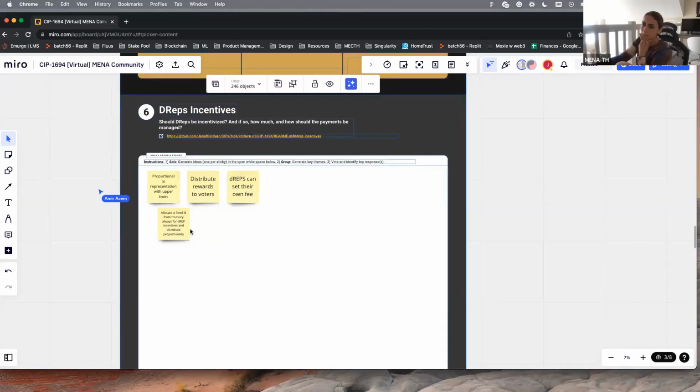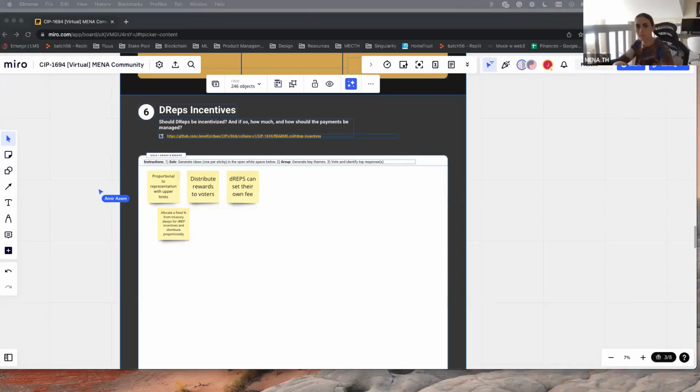How should the payments be managed? I don't know. Yeah, probably from a treasury, like automatic withdrawal, or through a governance action as a treasury withdrawal, depending on which one. I think one thing that I hear often is it should happen almost immediately. We're comparing the SPOs, it's really good. You know exactly what you're going to get in the next 10 days, and that's it. It's set in an equation, and you can forecast for it.